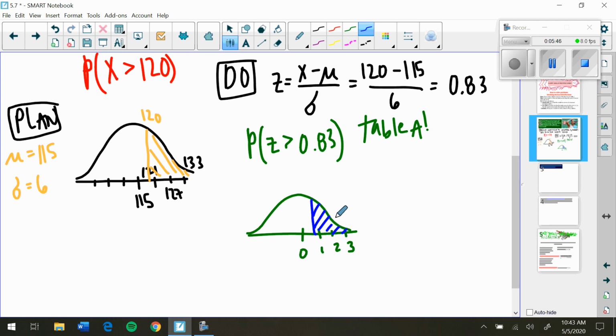If I go to table A and I look at 0.83, which I'm doing right now in my book, hopefully you are too. If you don't have your textbook, remember there's one online, or you can always just Google table A. I'm following down on the left side 0.8 and on the top 0.03. And I see that the area to the left, this area, because that's, remember, what table A gives us, is